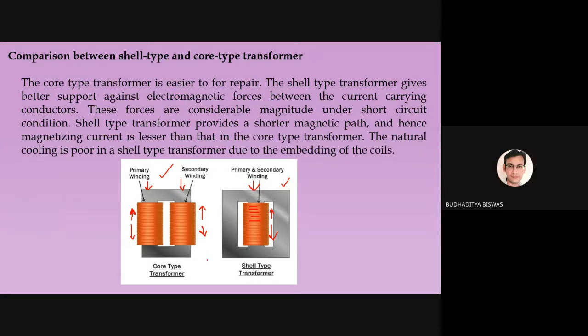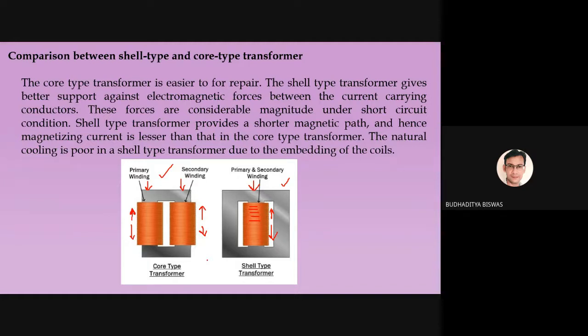Cooling means, suppose there is a winding, which is nothing but a conductor. This conductor carries the current, so once the conductor carries current, I square R loss will be there. And what is the result of I square R loss? Heat will be produced. So for a higher rated transformer, where the winding needs to carry a high amount of current, the heat generation is also very high. So for a higher rated transformer, we need to provide some cooling system, and for a low rated transformer, normal air cooling is required. To cool down the transformer winding during operation, the core type transformer is a good choice compared to the shell type transformer.